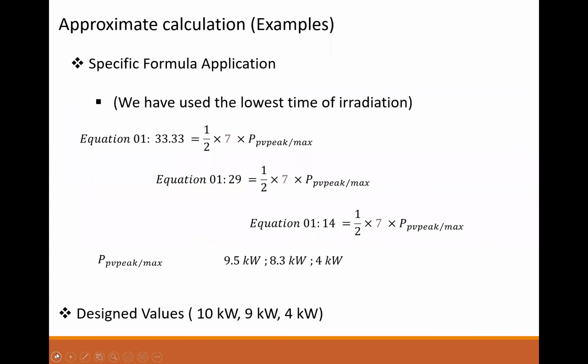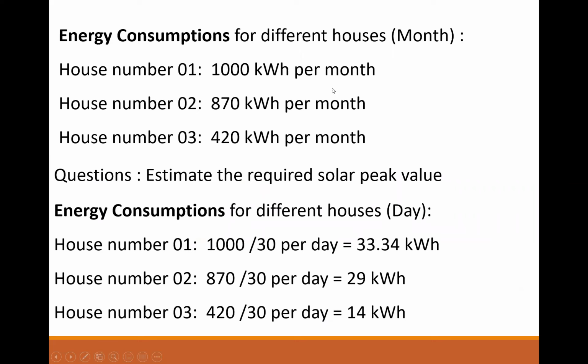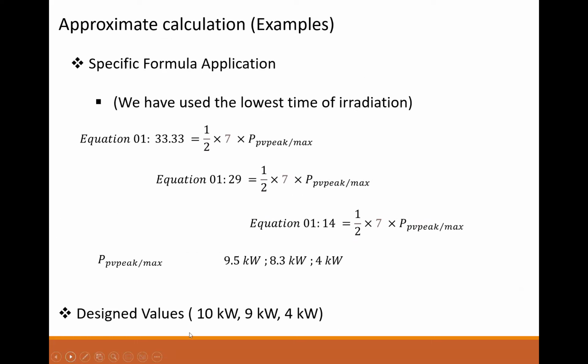So this shows how we can actually transition from having the consumption per month, we go to per day, and then apply the formula. If you have got the consumption per year, you actually divide by the number of days in a year to get per day. Then you can work with that design to actually determine your actual peak values, and also use what I call a rule of thumb. If you get a value of 0.2, 0.3, 0.4, it's better to go to a standard or to go a bit higher depending on your per panel